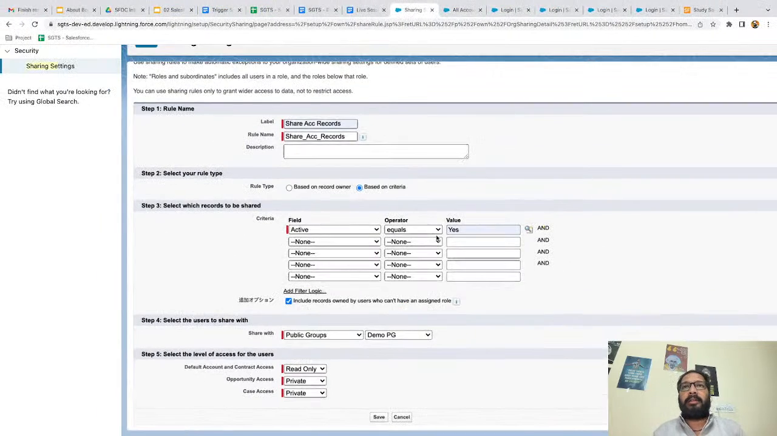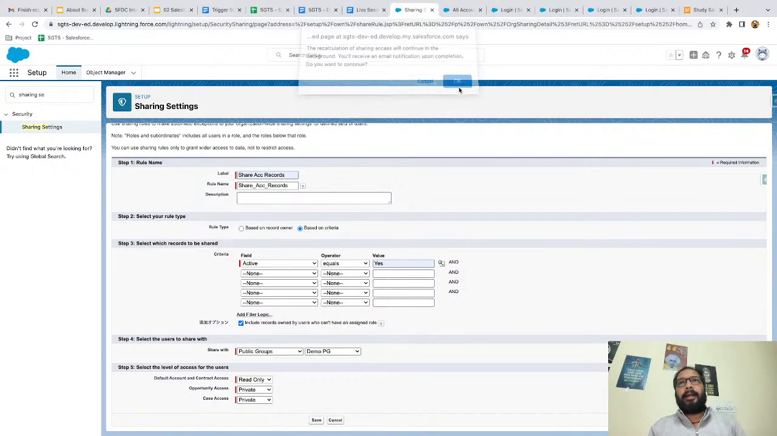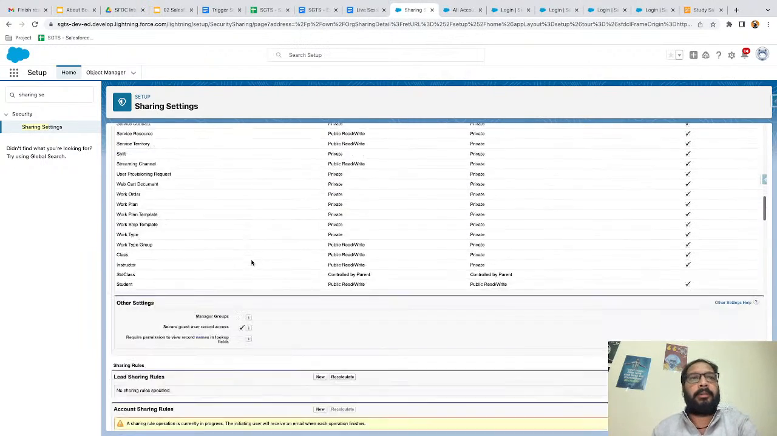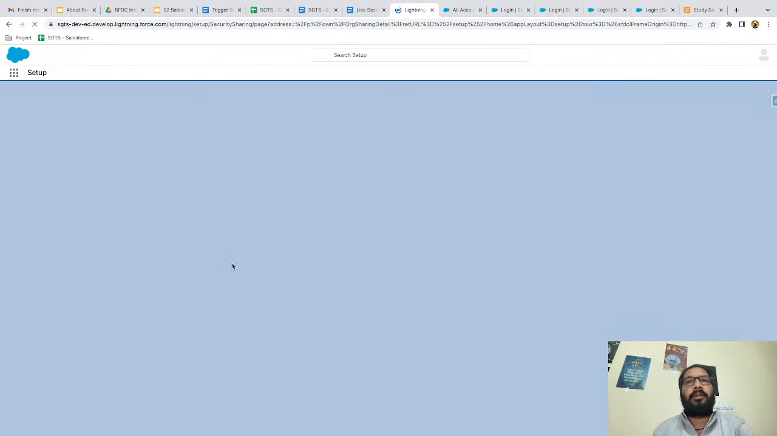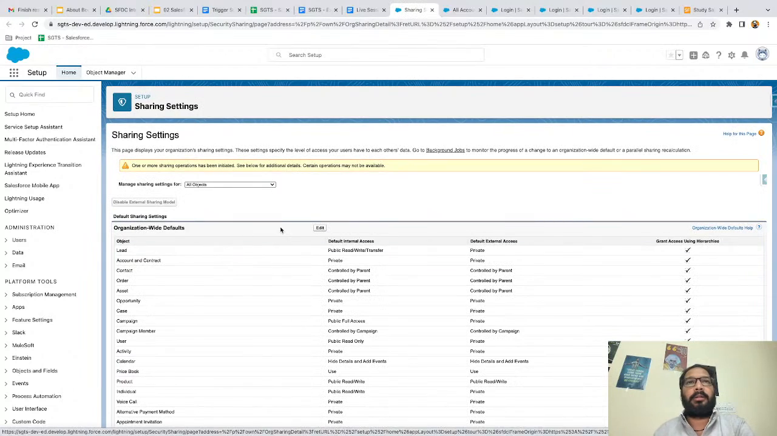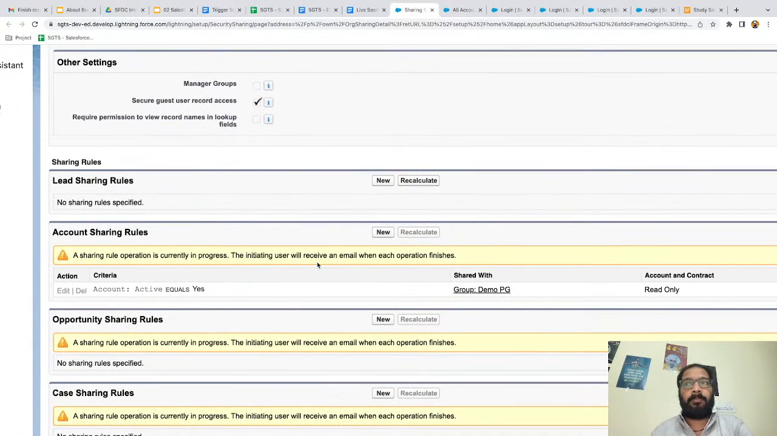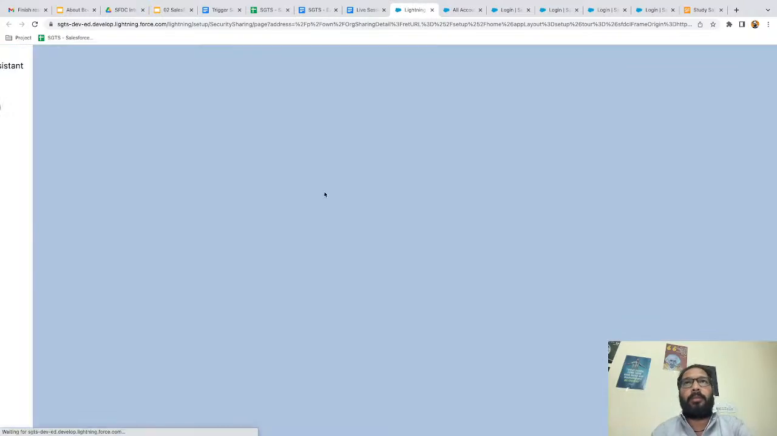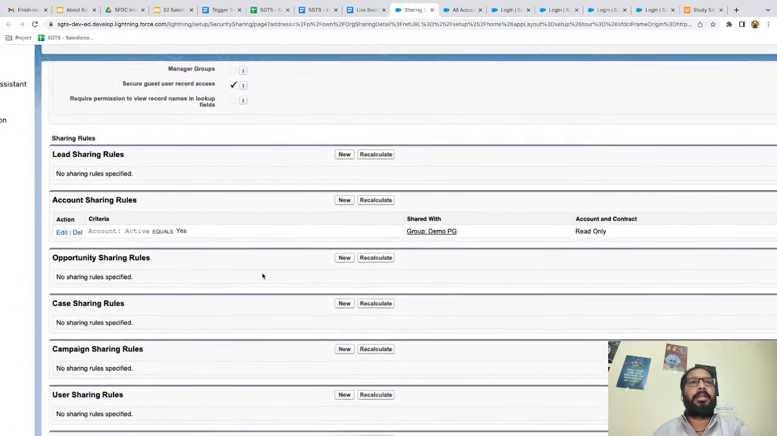Now I'm going to save it. So I just need to click on the save button and it will be created. Okay, it is being refreshed. Whenever you create new sharing rules, everything is recalculated or reinitiated. So a sharing rule operation is currently in progress. The initiating user will receive an email when each operation finishes, right? So if I refresh it a couple of times, you will see changes are applied